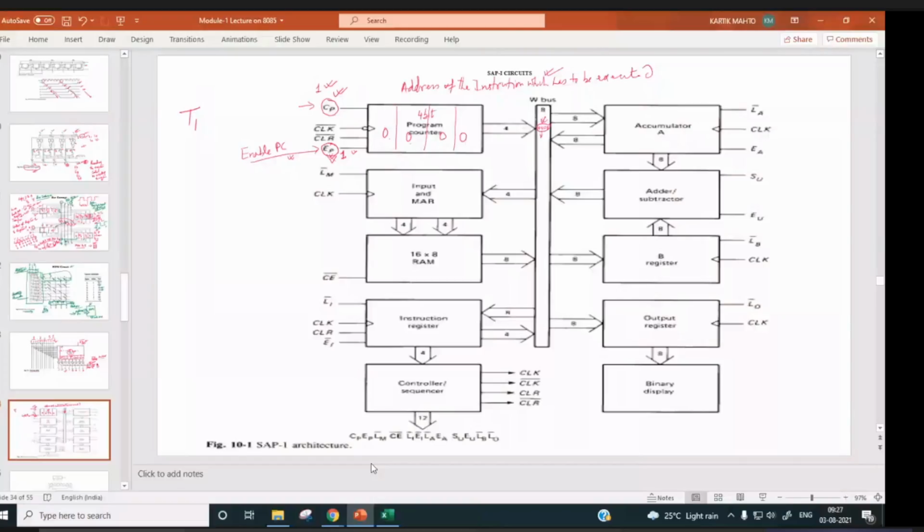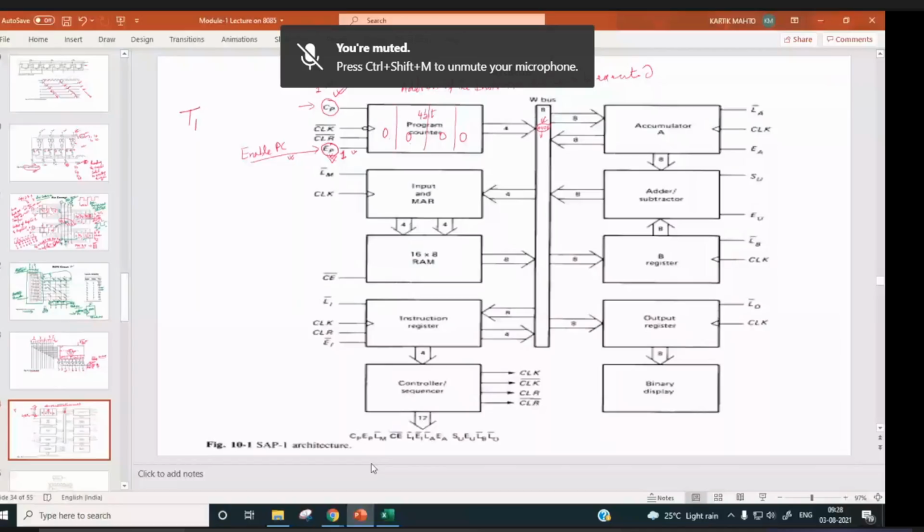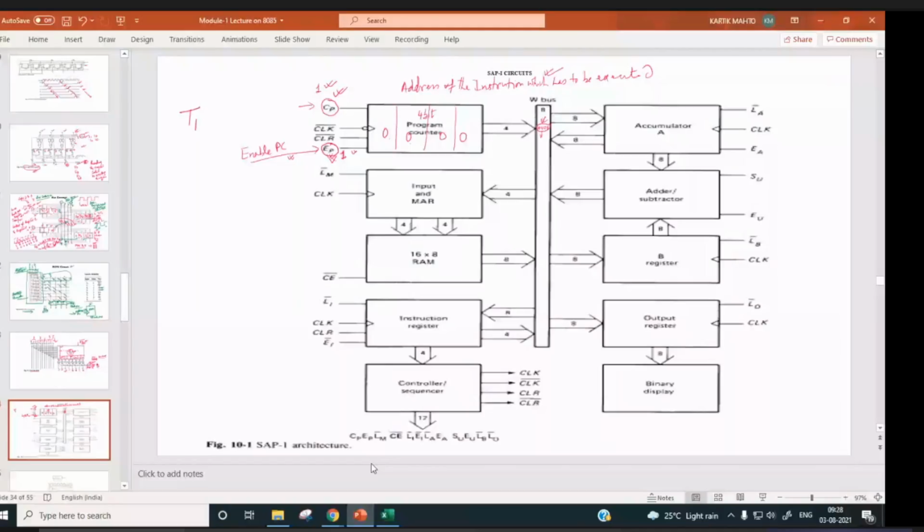Our memory in this SAP1 architecture is here, 16 by 8 RAM. So this address will come out from here and it will be loaded to the MAR, 0, 0, 0, 0. MAR stands for memory address register.